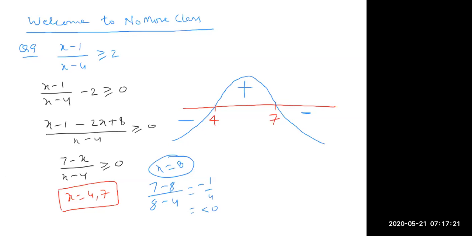What I need here, you can see. What is the requirement here? This must be greater than 0. One more thing I have told, x cannot be 4. The denominator can never be 0. So where this is positive, in this part, this will be my answer. Here it is positive. So I will write, the final answer will be x belongs to 4 to 7, open interval at 4, closed interval at 7. This is the final answer.